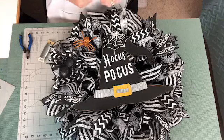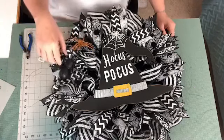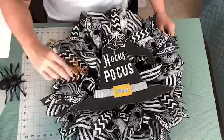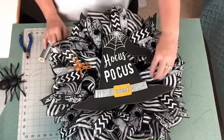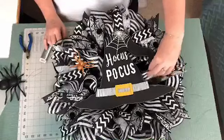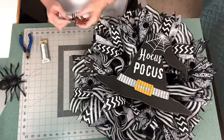You'd have to be right up on it in order to see the black one. I might put the orange one in here just to break it up a little bit. Let that one going this way, maybe. Yeah, I agree. I'm going to put the orange one in. All right, so let's see. This one might be able to...